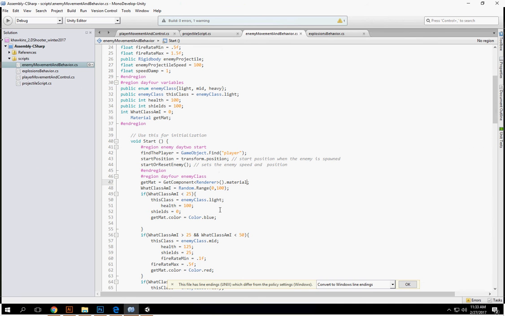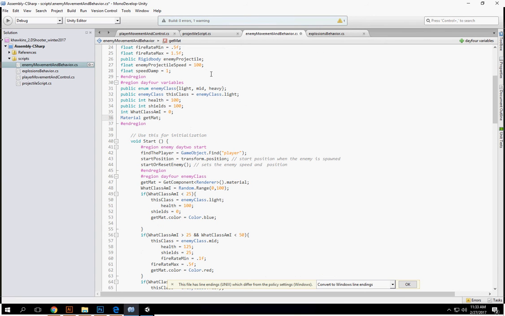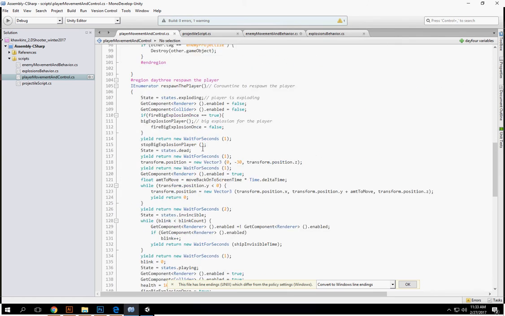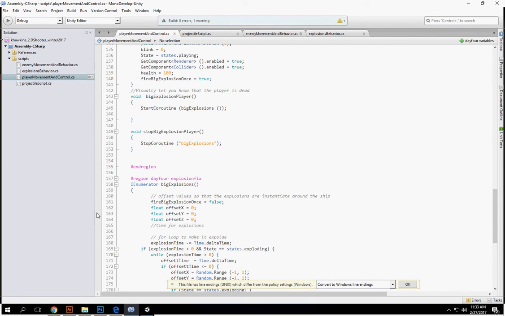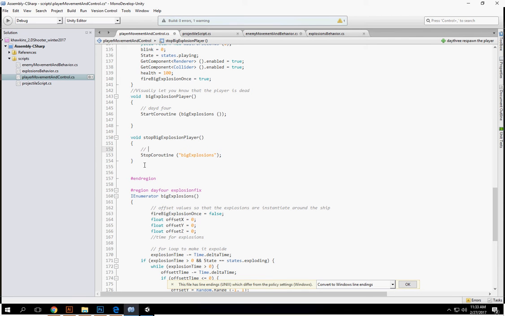Okay, let's go through what we talked about today. So let's start off with the player. So we started off with taking our big explosion and put it into a coroutine. We have not used stop coroutine before. And what this does is, as it says, it stops the coroutine